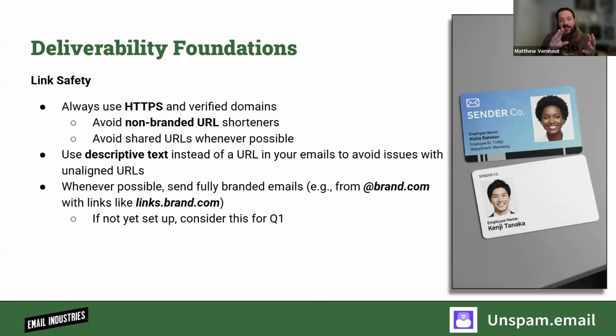So if your from domain, your from address, and your link addresses are all related to the same Apex domain, then you're going to see that there are fewer pieces for reputation filters to evaluate, right? They're going to evaluate your domain once. Whereas if you're including your domain and they're including other domains that are maybe shared with other senders, they're going to look at those, and then all that shared stuff has its own shared reputation as well. So where you can simplify that and reduce the number of elements that are shared, the better. This goes from IP address to domain name to from address to links, all of the above.